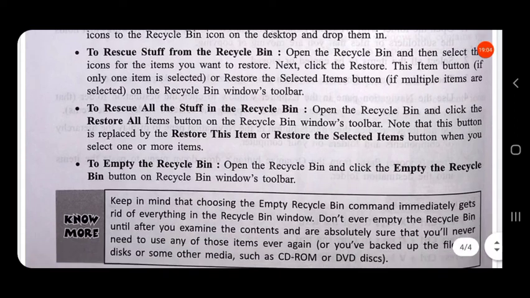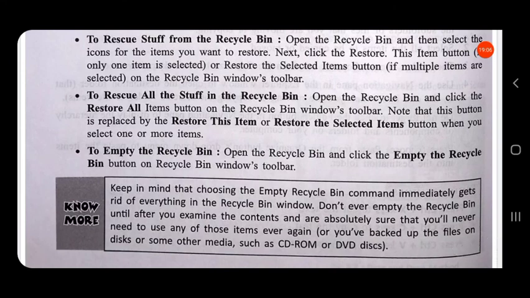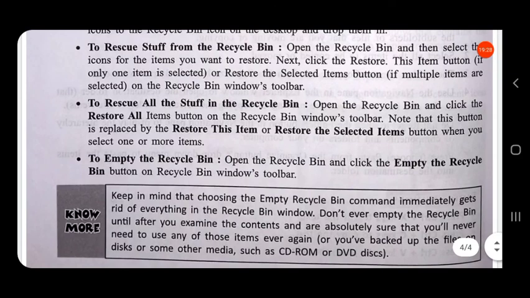Then to rescue all the stuff in the recycle bin, suppose you want to save everything you have deleted, so all the deleted items will be in the recycle bin. If you want to restore all the items, then open the recycle bin and click the Restore all items button on the recycle bin Windows toolbar.